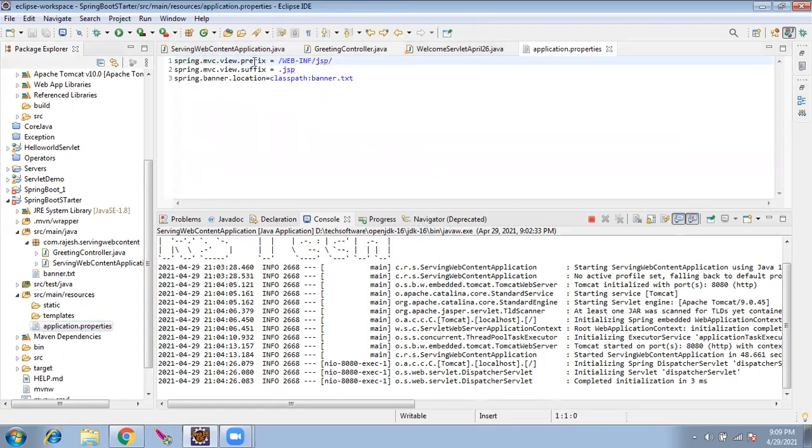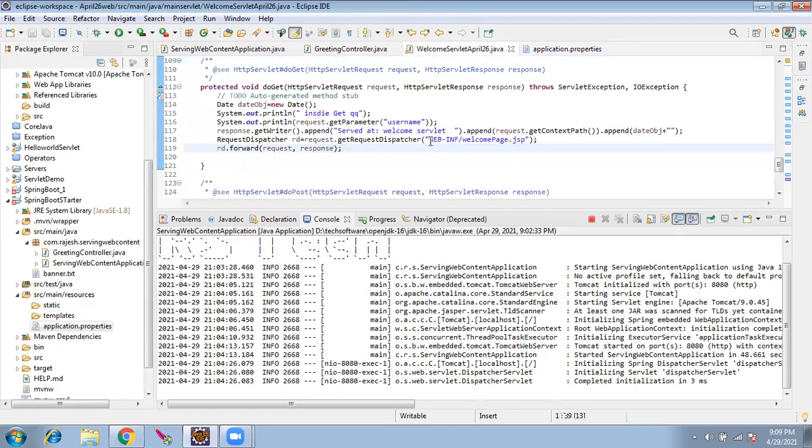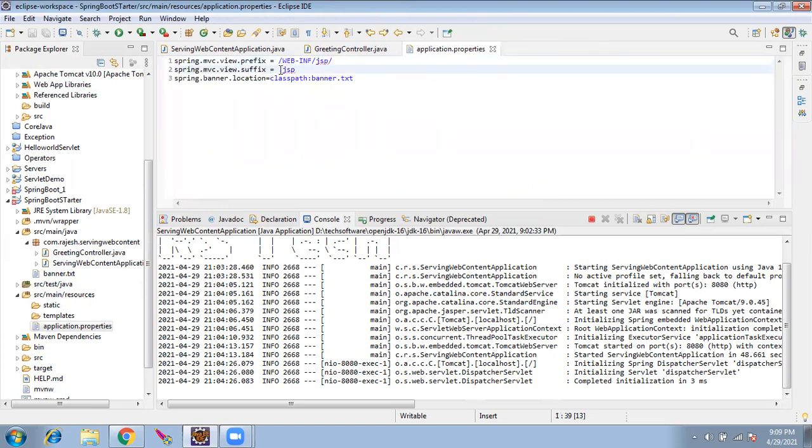Here, this prefix is WEB-INF/jsp, what we gave here, WEB-INF. And the suffix is .jsp. If you ignore these two, the string is going to be the welcome page. The same way, here we are telling all the strings, you append a prefix of WEB-INF/jsp and add .jsp at the end. That is what this means.